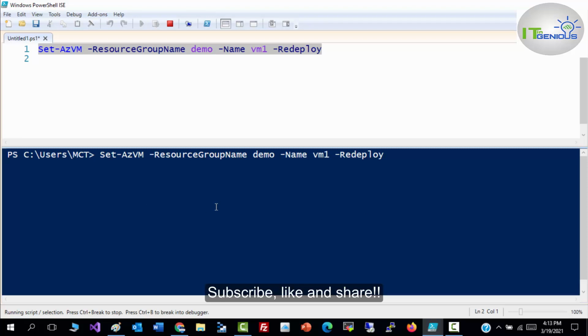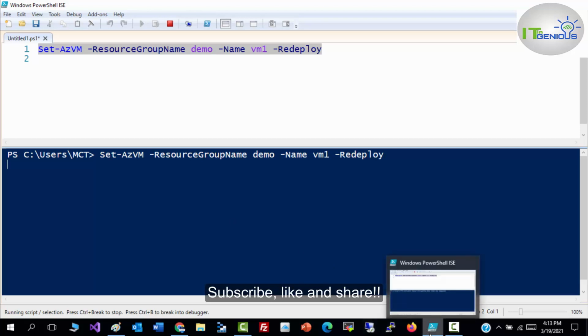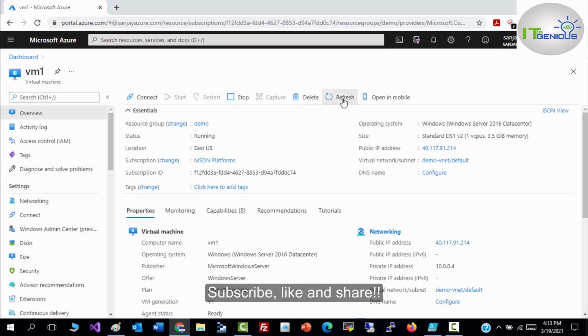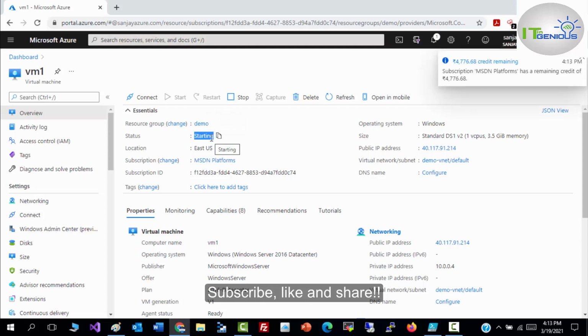So we need to wait for command execution as well. You can see now my status has changed to Starting. What this means is my VM was stopped by Azure, and now my VM has moved to a new node and it is starting now.